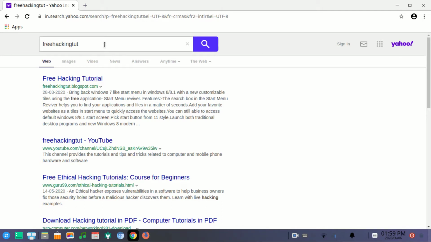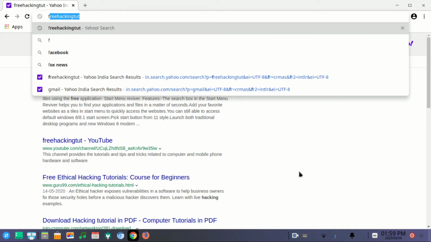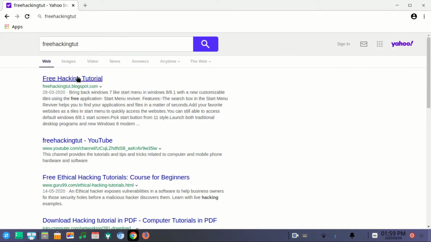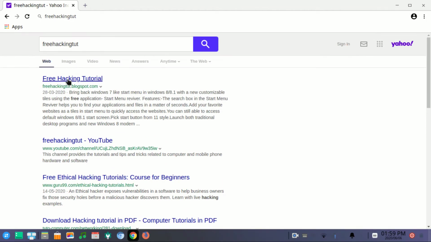So you can see here, when I type anything in the address bar, it displays the search result in yahoo.com. So if you want to change this default search engine to google.com, then you need